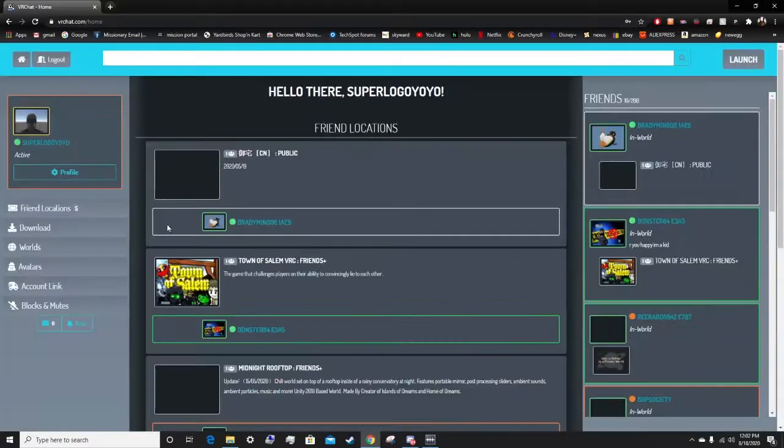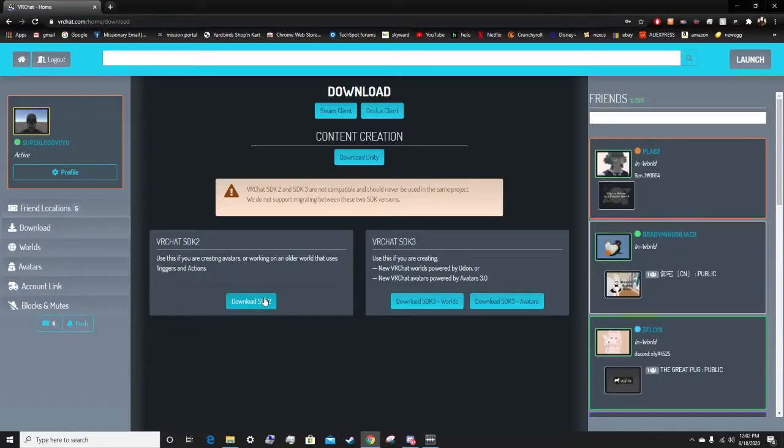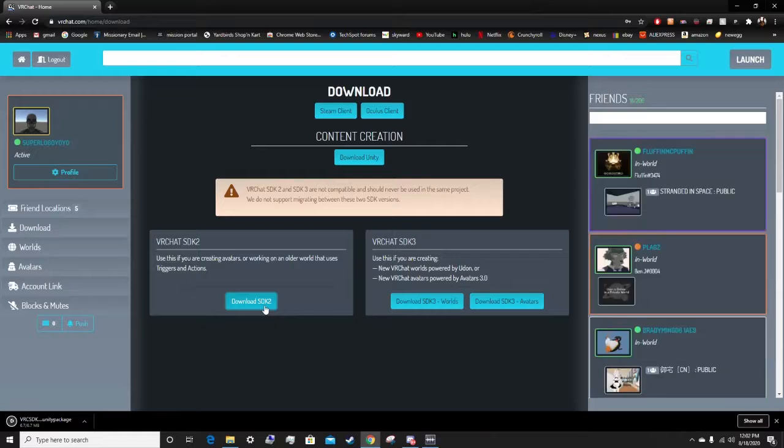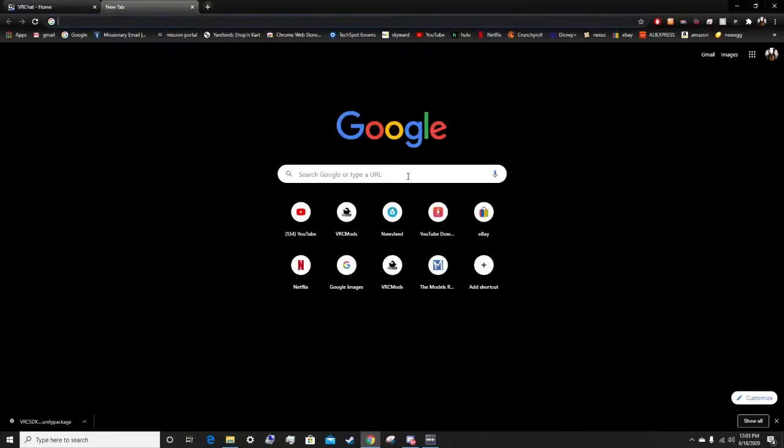You want to sign in, go over to downloads, and don't mind that, that's just saying don't have both of the SDKs on the same project. SDK 3, that's really only for world making. Today we're focused on avatar creation. So download SDK 2. And you're also going to want to download